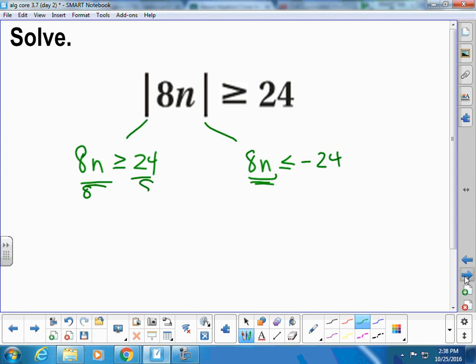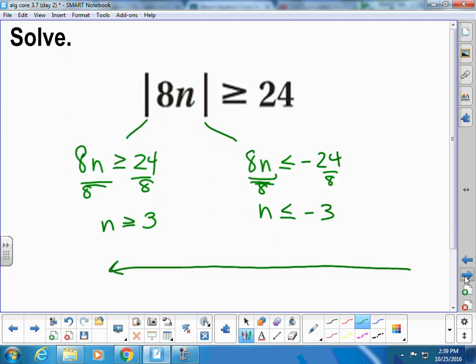Now I'm going to divide by 8. I get n is greater than or equal to 3. N divided by 8, excuse me. I get n is less than or equal to -3. And since it's an "or," I should have done this on the last, excuse me. Since it's an "or," I'm good. So n is greater than or equal to 3. And here's my -3, less than or equal to -3. It's a greater than, they do not touch. So I don't need to write it over. Here are my two answers